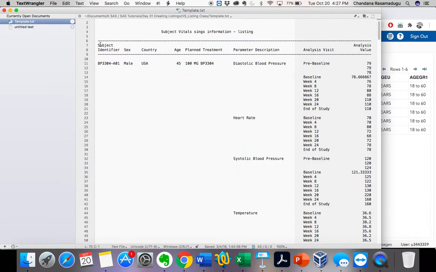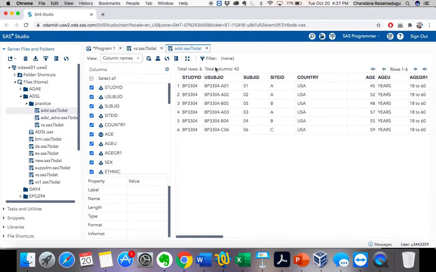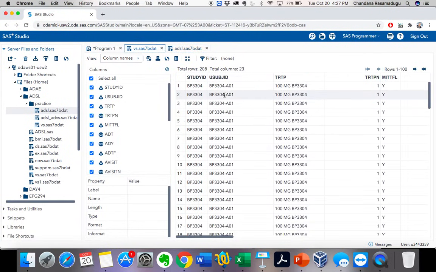The variables that I need to include are already provided in the mock shell like this, and I will include those variables from both datasets. Here I'm using two datasets, so I'm including the variables from these two. But if you have only a single dataset, you include those variables only in your final report. Okay, so let's move into this.